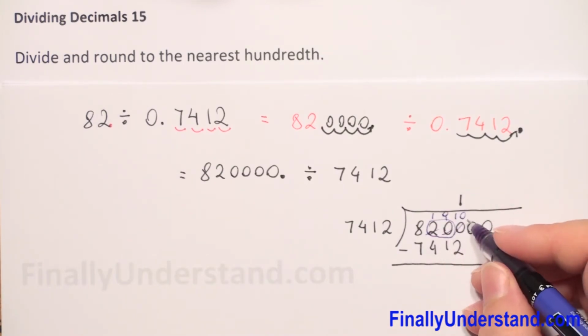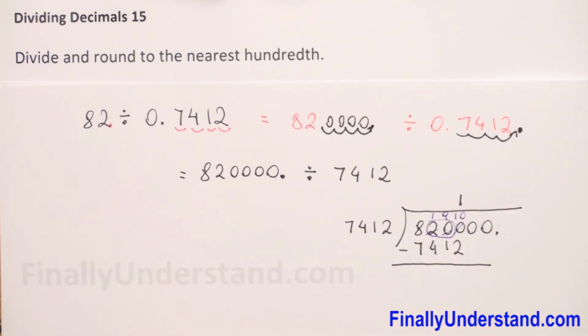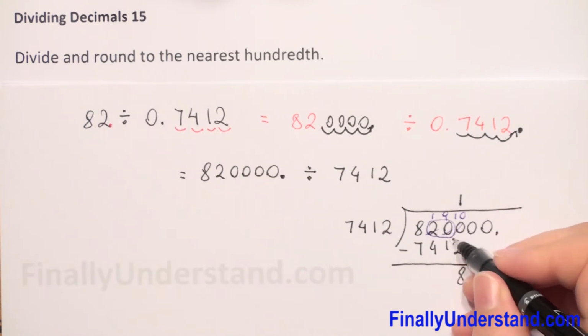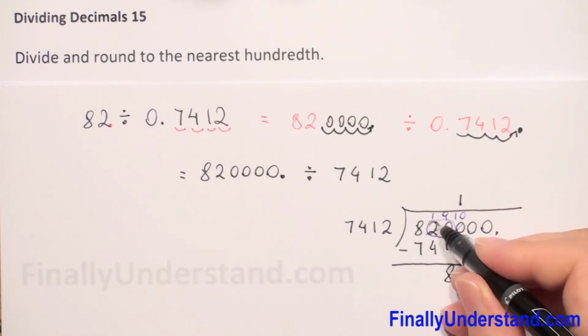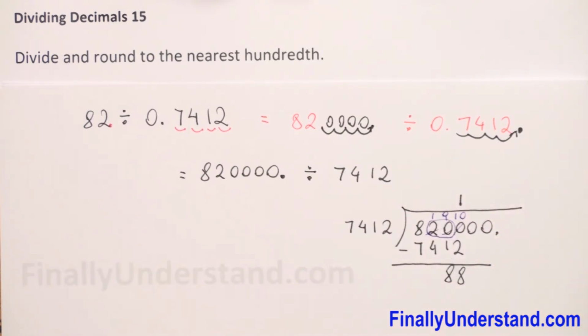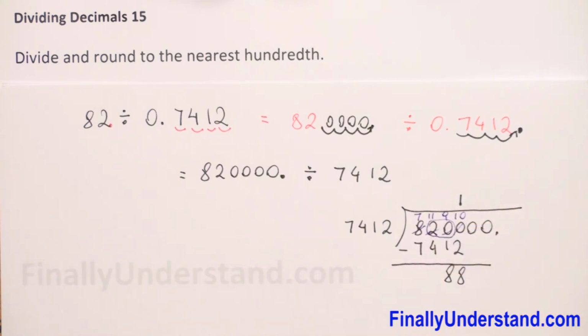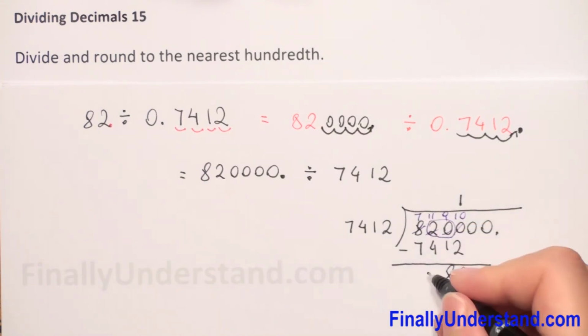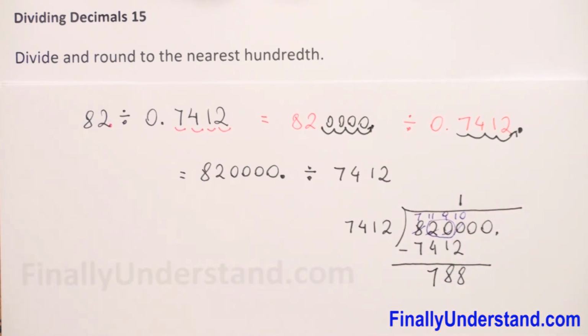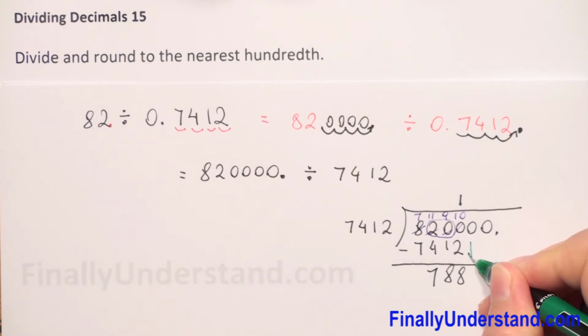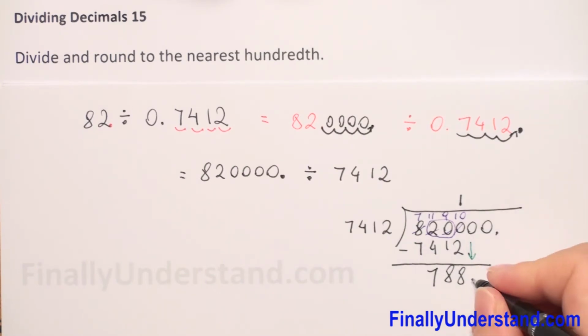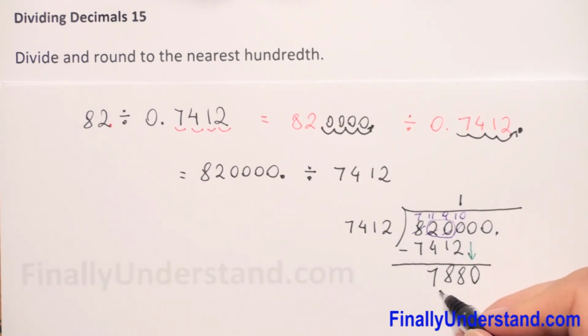And again, now we have to do subtraction. 10 minus 2 is 8. 9 minus 1 is 8. 1 minus 4 we cannot do, so we have to borrow 1 from 8, so it will be 7. And we have 11 minus 4 is 7. What next? We have to take down the next digit. 0 we have to take down. So we have 7880 divided by